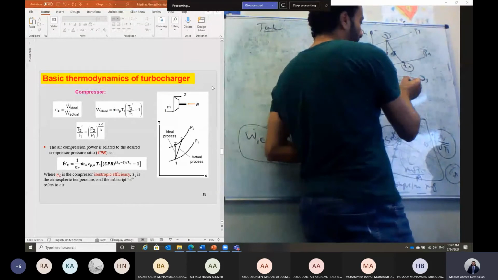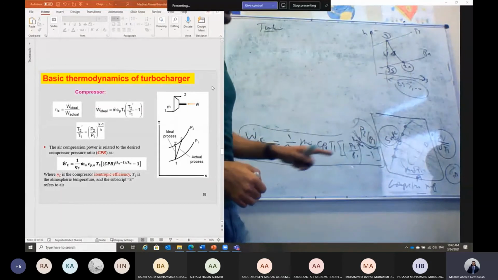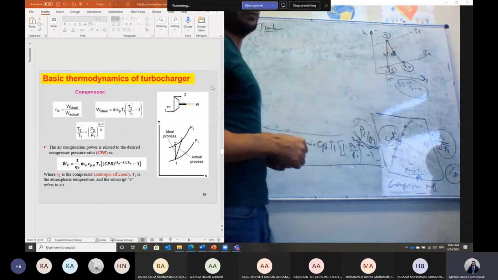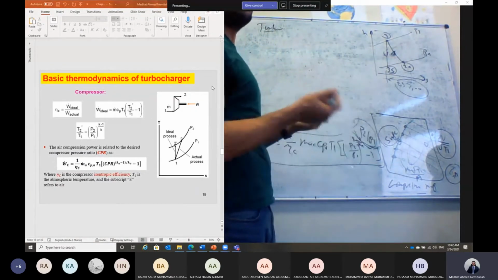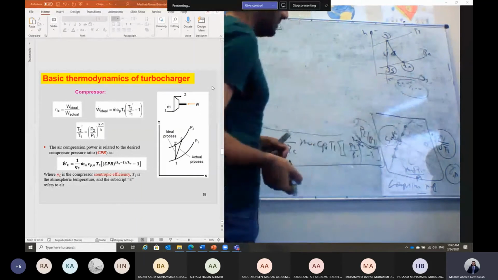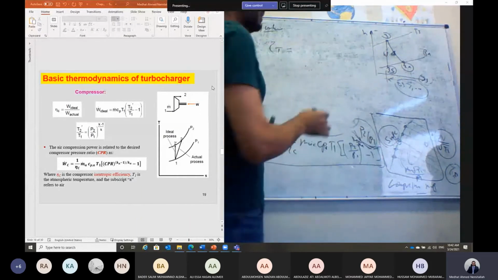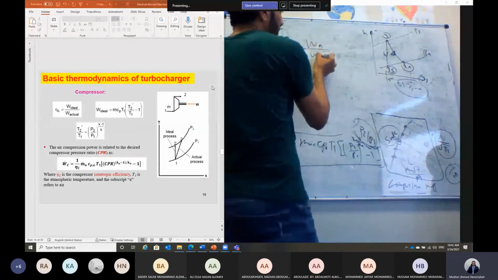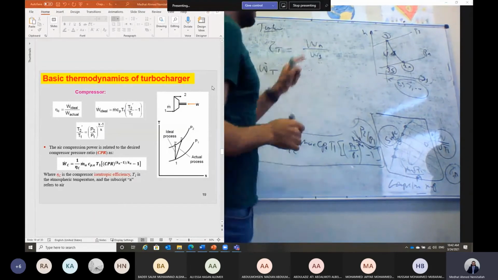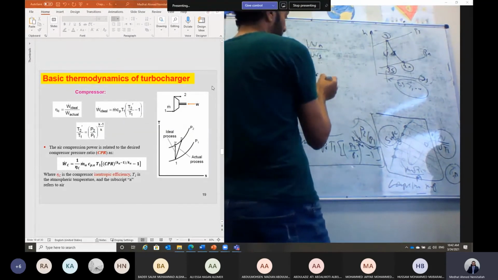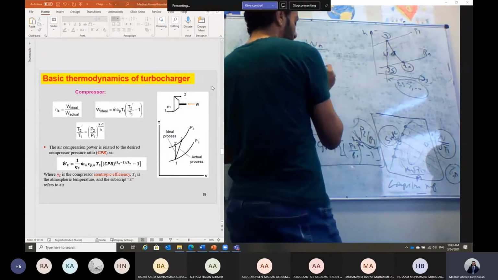As we said, for any adiabatic system, based on the second law of thermodynamics, delta S should be a positive value. So that means point 4 should be in the direction of increasing entropy. For the actual process, we have some losses, which are converted to entropy generation, and the entropy will be increased. In this case, the isentropic efficiency of the turbine is equal to the actual work divided by the isentropic work. Or we can say the actual power of the turbine should equal the isentropic efficiency of the turbine multiplied by the isentropic work. Isentropic work is the mass flow rate through the turbine